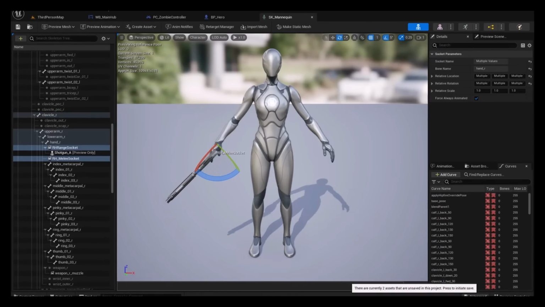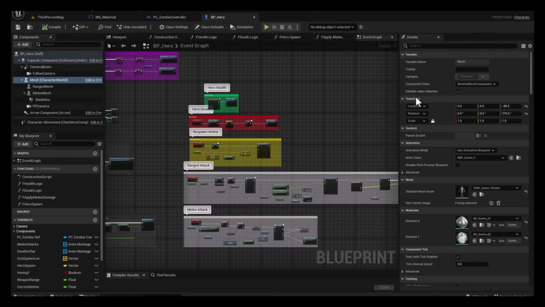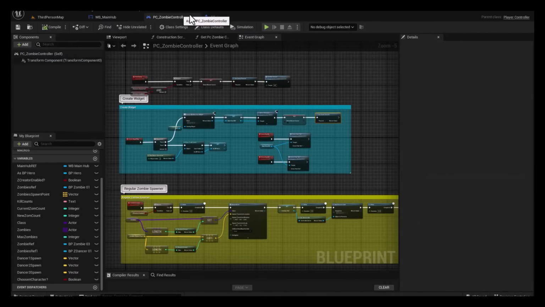So we can close that. Oh, did I save it? No, I didn't. So you can see right down here I didn't save. So we can just do a Control Shift S, save everything. And we don't need to open this back up. We can keep that closed. And then,